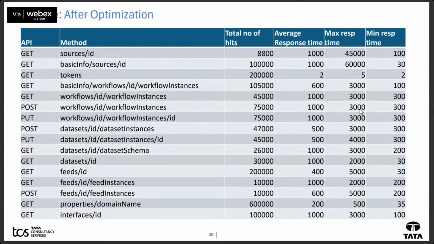The maximum response is for some requests only, but the average is less than a second for all of these, and the minimum also reduced. So over multiple iterations, we were able to achieve good response time,